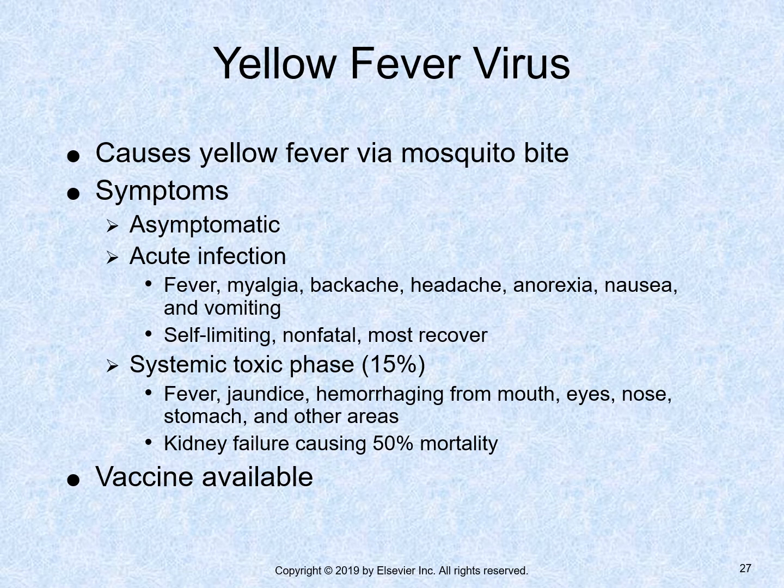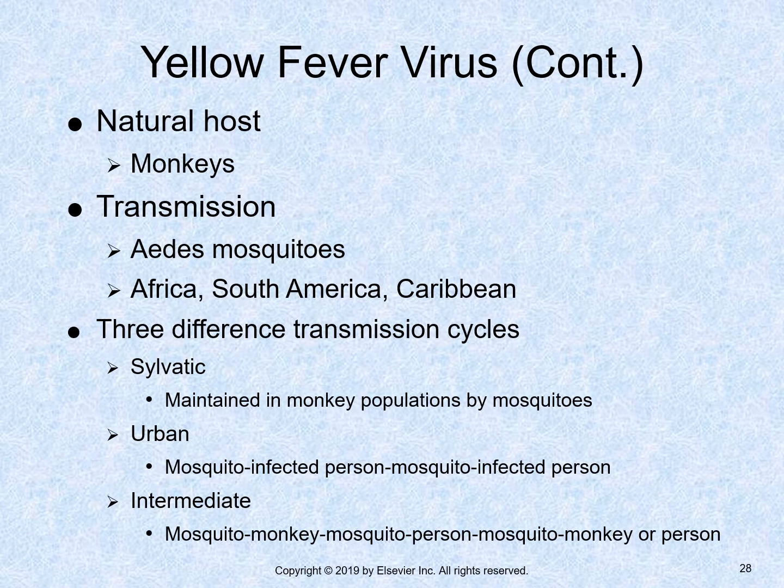There is a vaccine available, and although it is safe and has been available for decades, there have been large numbers of cases of yellow fever that result in deaths, and these are reported annually worldwide. The natural host of yellow fever virus is monkeys, and it's transmitted through the bite of mosquitoes. Yellow fever is still epidemic in parts of Africa and South America, where about 80% of the population needs to be vaccinated to reduce the impact of the disease.